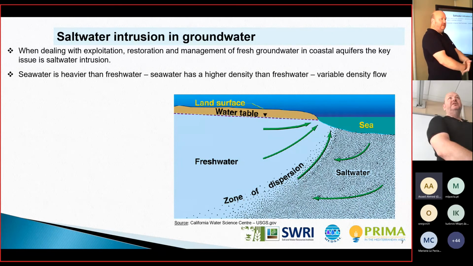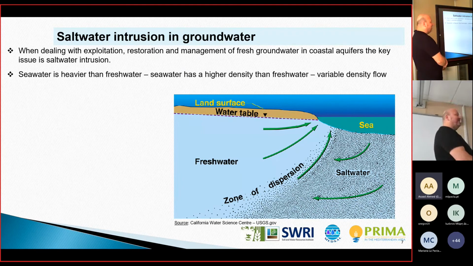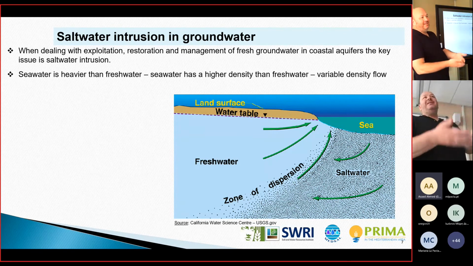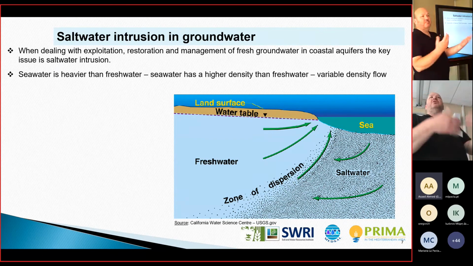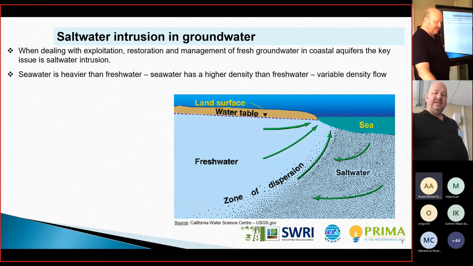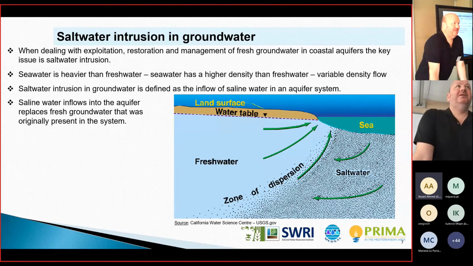Since it is heavier, it has a higher density. If we have the same groundwater system with saltwater and fresh water, then we should use in the hydrological or mathematical analysis the concept of variable density flow, which we will see in the next slide also. So if we try to give a definition for saltwater intrusion, it will be the inflow